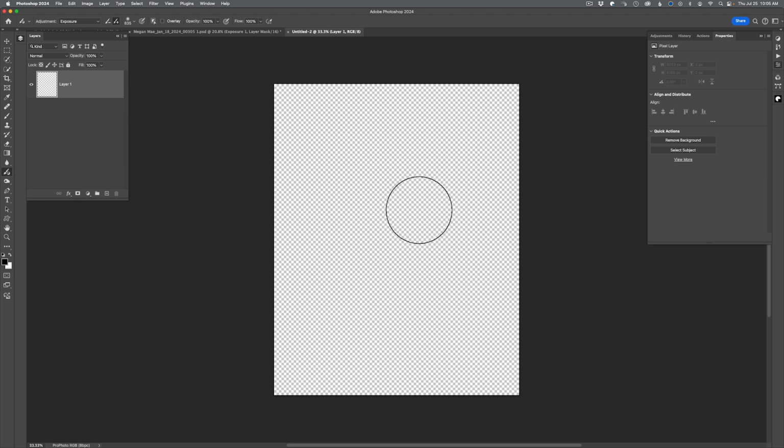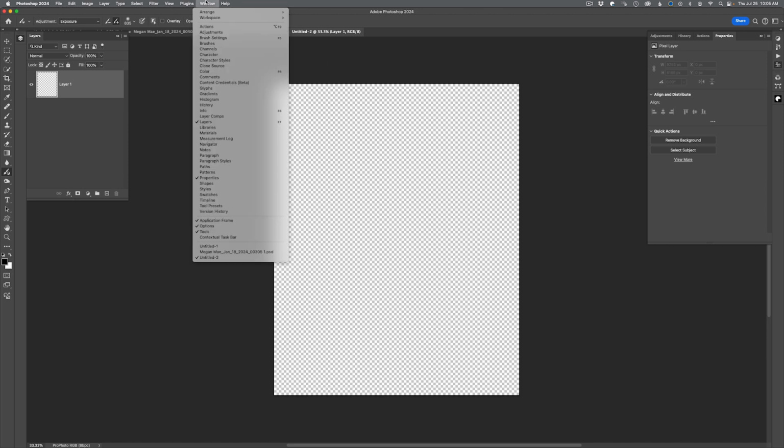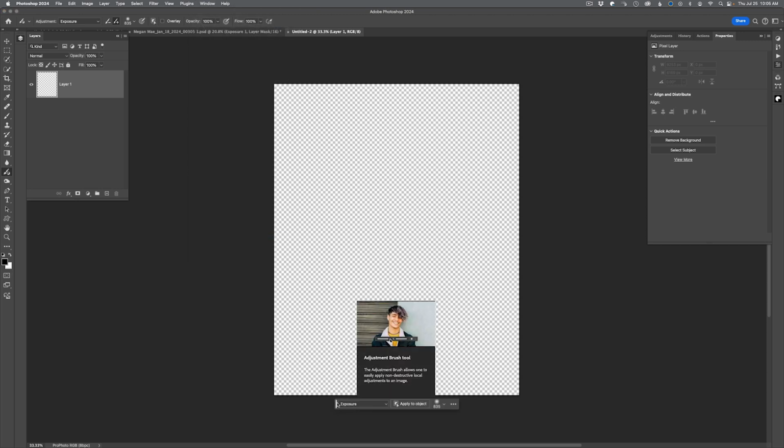Now, before the July 2024 update, you could use Generate AI to create new background elements, new foreground elements, but you couldn't use it to create a brand new photo. You can now, and you can do it a couple of different ways. First of all, you could turn on the contextual taskbar inside of Photoshop, which I'm just not a fan of. There's my little pop-up window that I need to turn off,